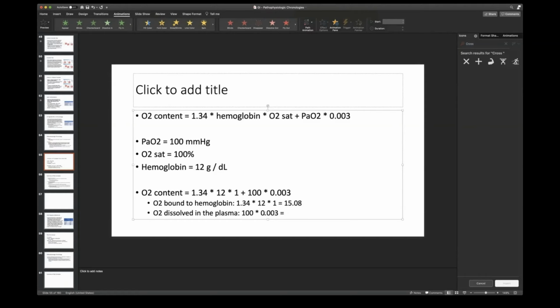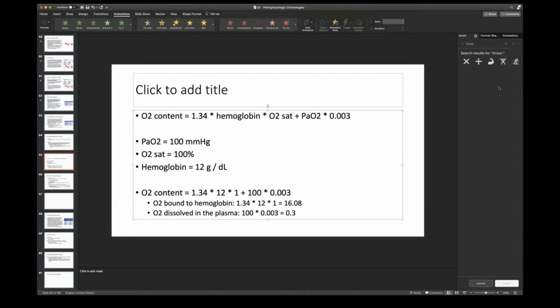What is 100 times 0.003? It's about 0.3. Okay, so in other words, the reason why this equation is so valuable is not because of the individual terms. It doesn't really matter. Honestly, this term doesn't really matter. And memorizing that 0.003, if you forget it and it's 0.006, it really doesn't matter because of the amount